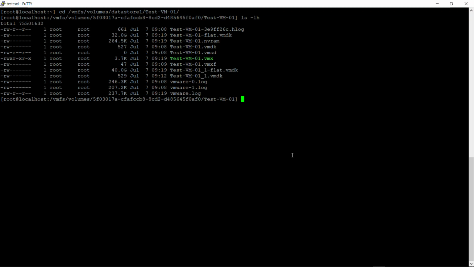Now we have some files here. We need only the vmdk files, so we will just filter with vmdk only.